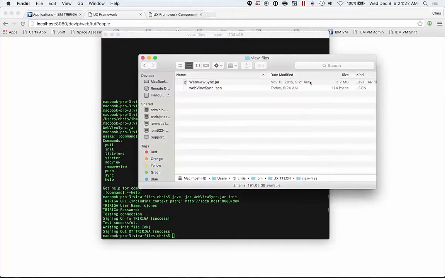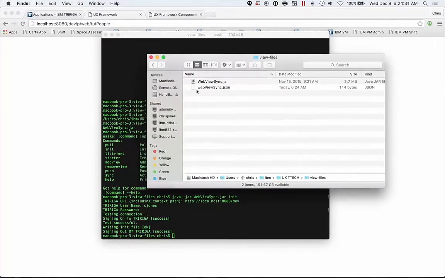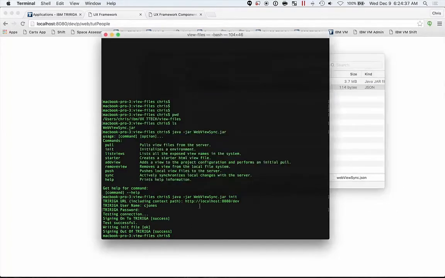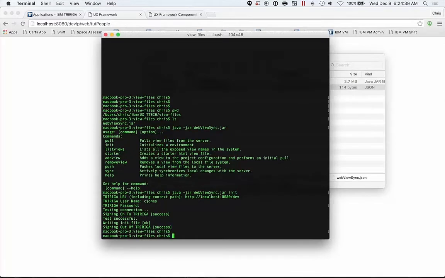If we go back to the web files, our directory here, we have a new file here. This has just got all those parameters that we were just configuring. So now that we have initialized our